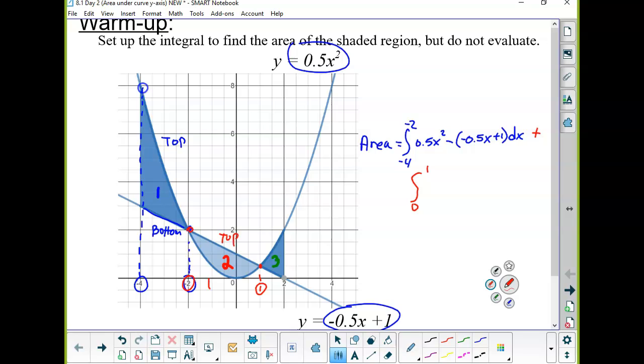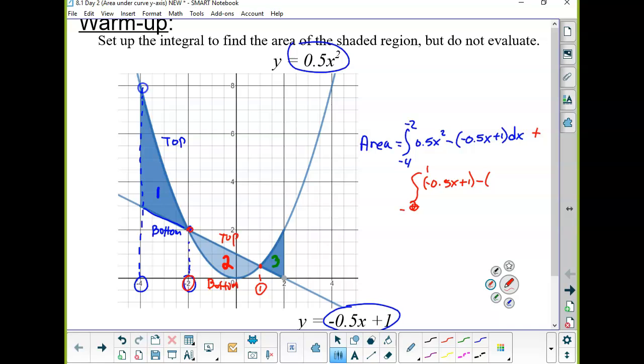But notice your top and bottom switch. So now the linear portion is the top, so that has to be the first one. You technically don't have to put this in parentheses because we're subtracting the second one, but to be honest, it doesn't hurt if you do. And then when we do the,